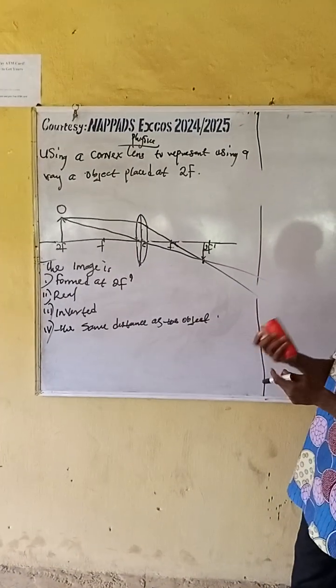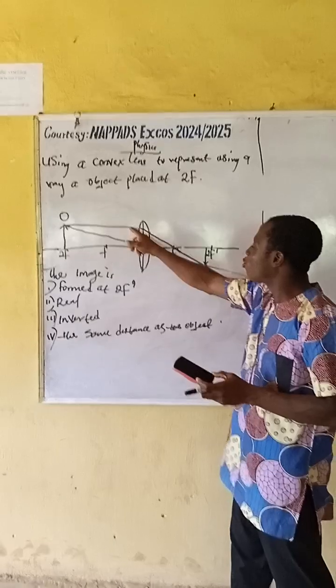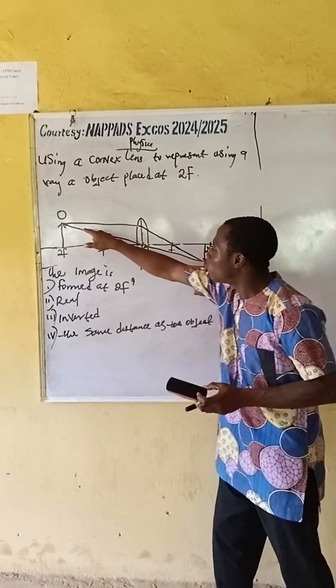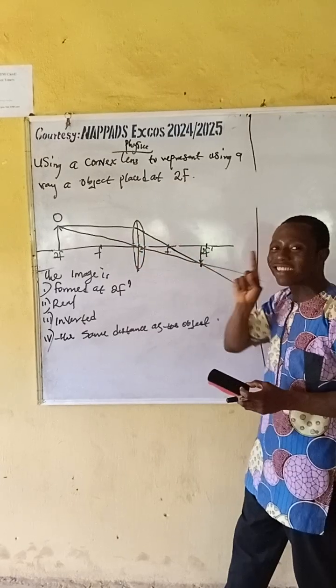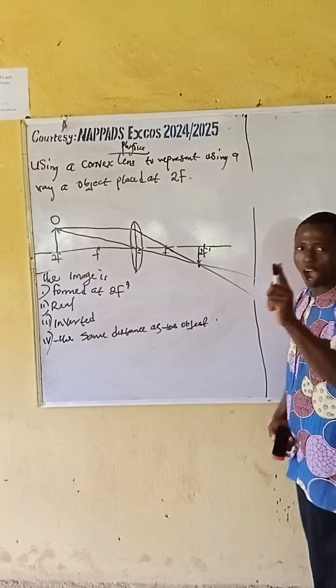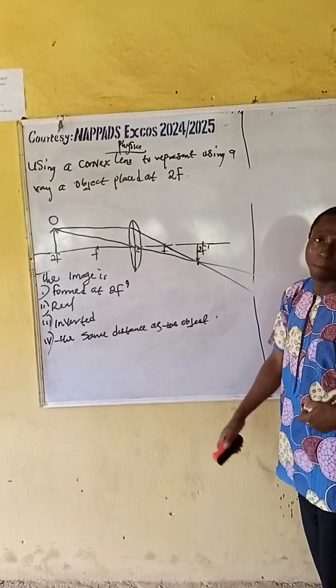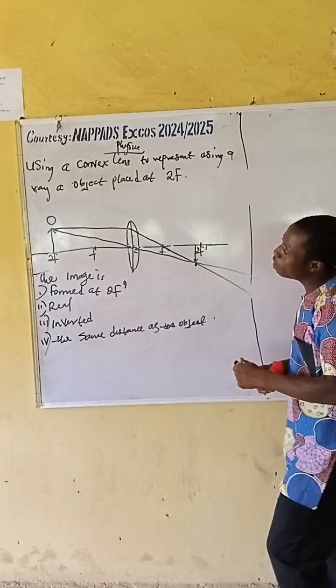So if you are doing it, make sure this one that is going to bend passes through your F, and this one passes through your C straight. When they pass, you know where they are going to meet. Wherever they meet is where the image is formed. So let me assume I take